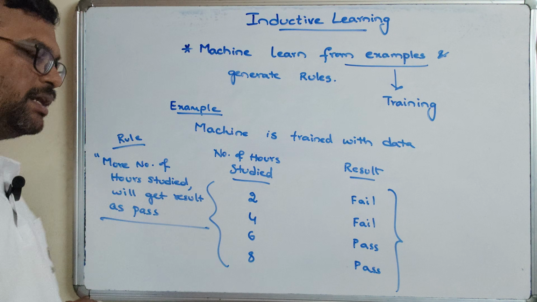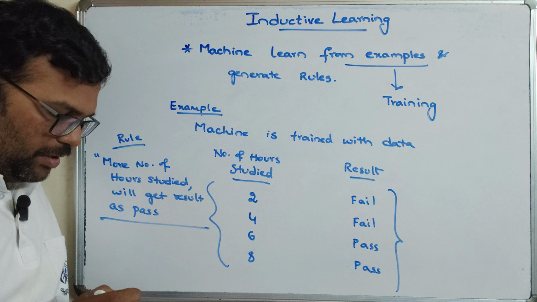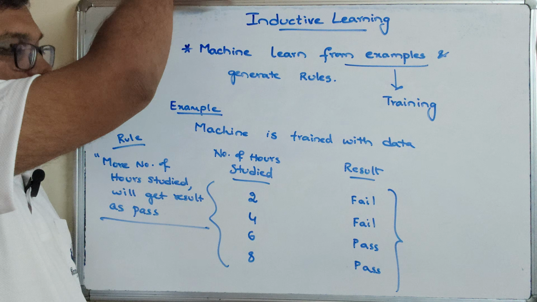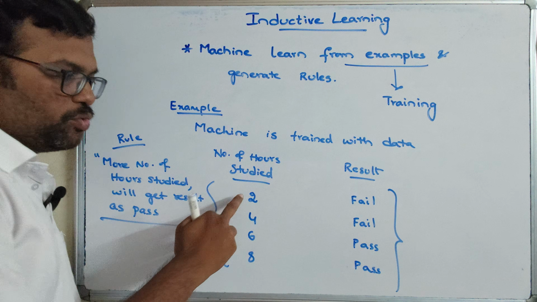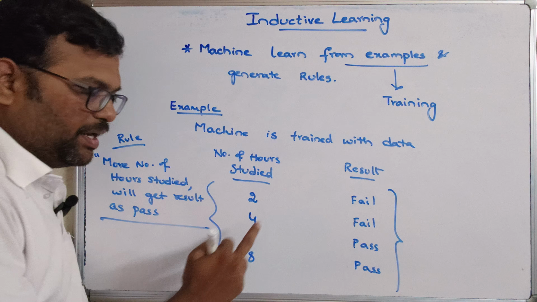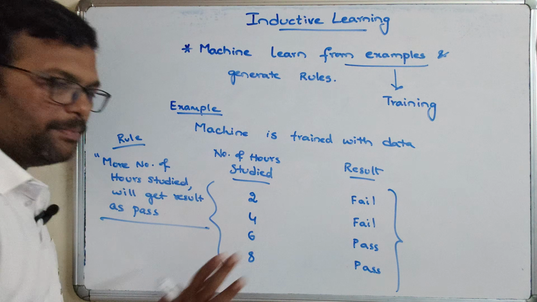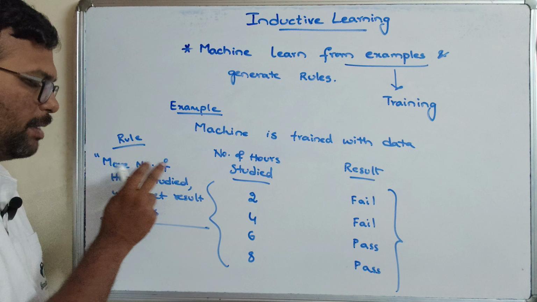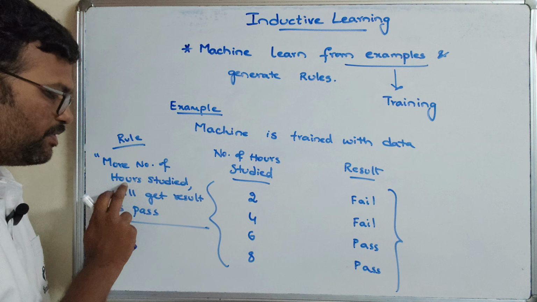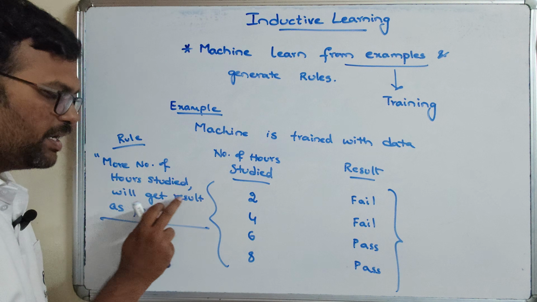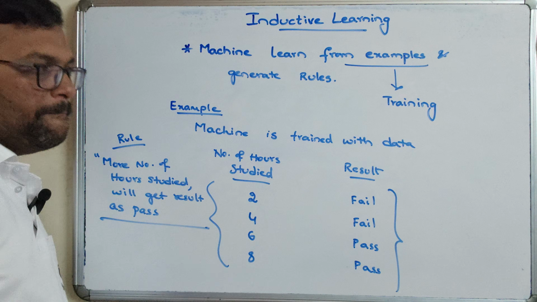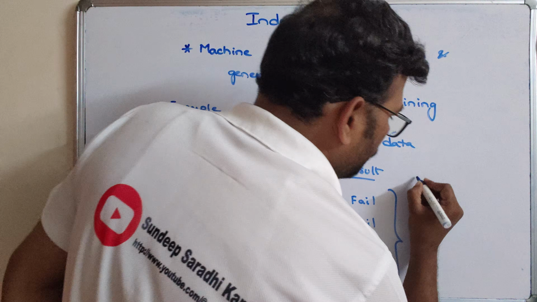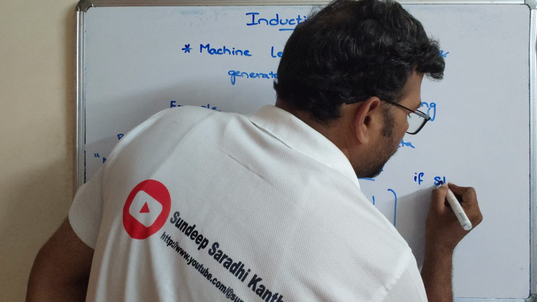This was the rule understood by the machine after being trained with the data: 2 hours study fail, 4 hours study fail, 6 hours study pass, and 8 hours study pass. So the machine understood the rule: the more hours studied, the student will get a result as pass. Now, if you ask a question,